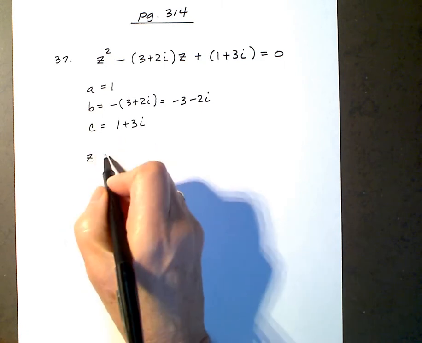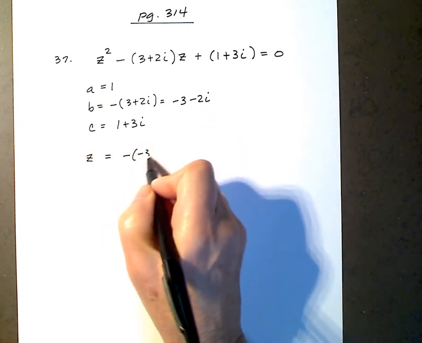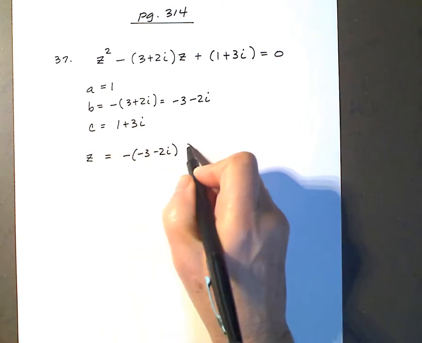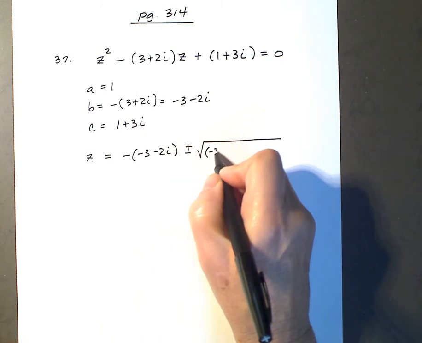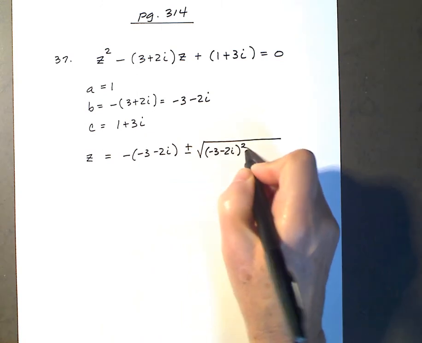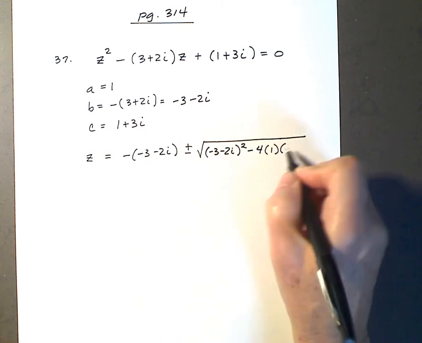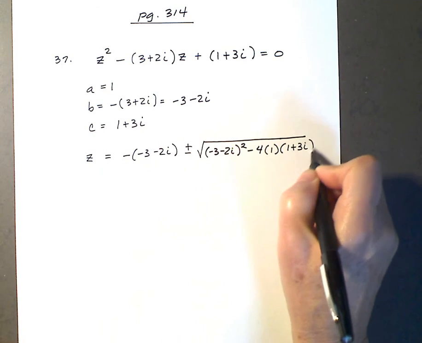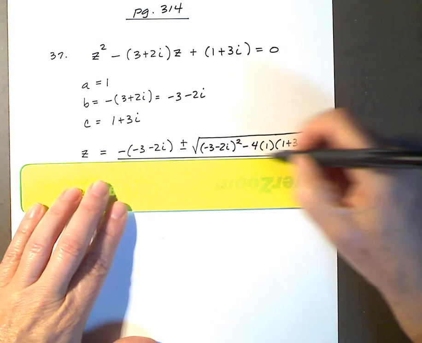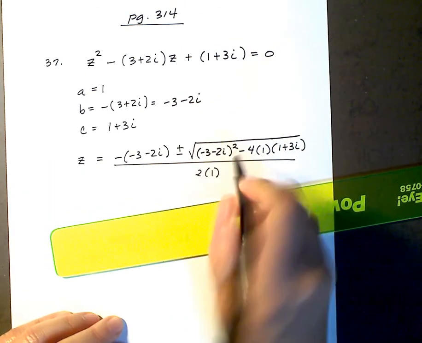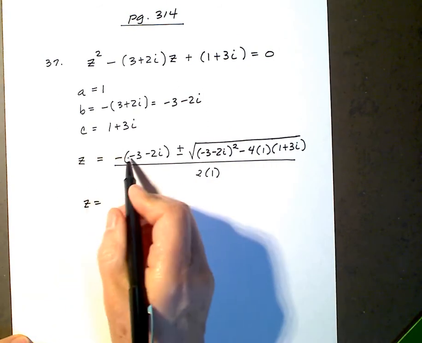Z equals the opposite of b, so the opposite of negative 3 minus 2i, plus or minus the square root of b squared minus 4 times a, which is 1, times c, which is 1 plus 3i, and this is all over 2a, so it's all over 2 times 1. So up here, this is going to be a positive 3 plus 2i,